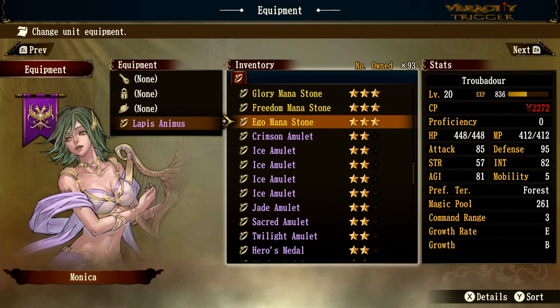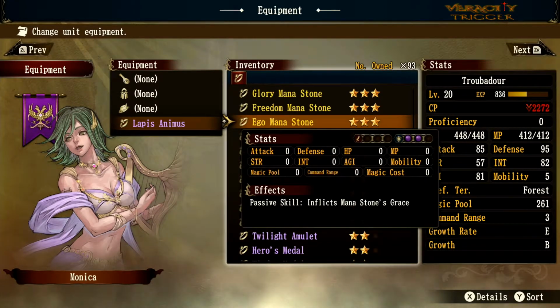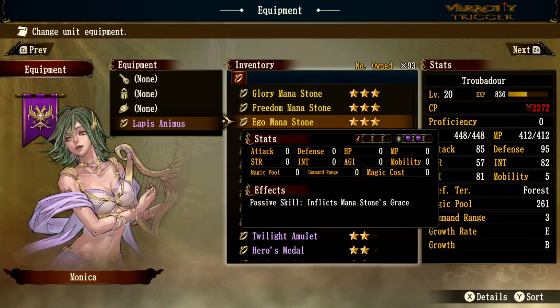All right, Ego Mana Stone. Let's look at this one here. Inflicts Mana Stone's Grace. So this is, if you didn't get it by now, I actually guessed this before the game came out, and I was right. And it is for Stella. So this is Stella's Brigandine right here. And we'll have to show you